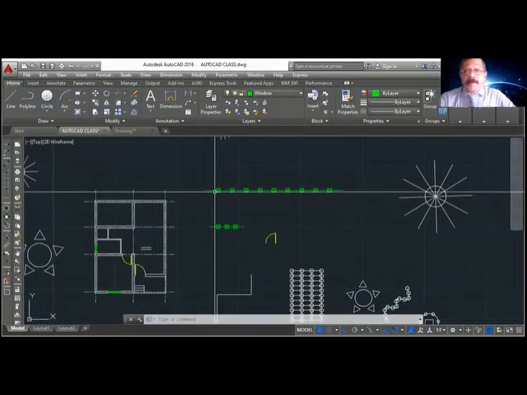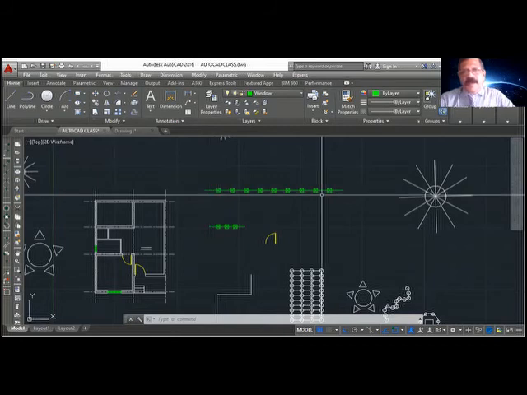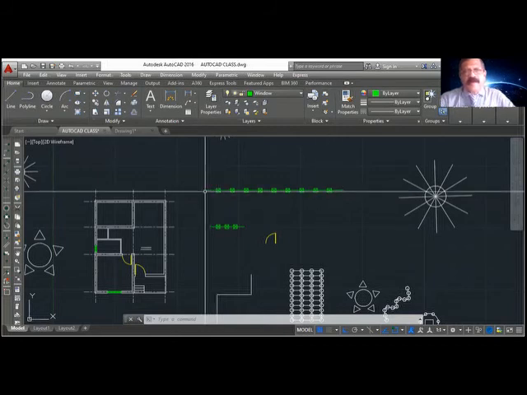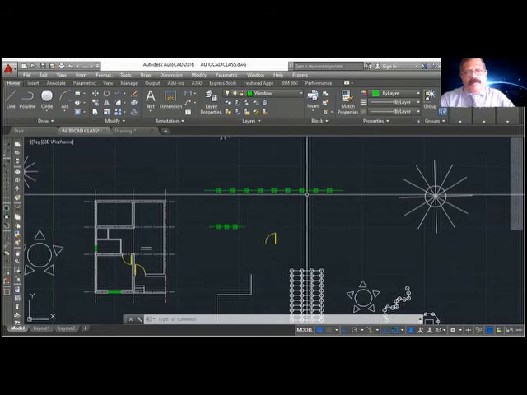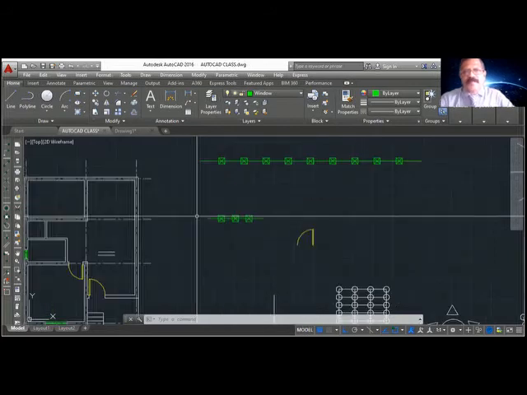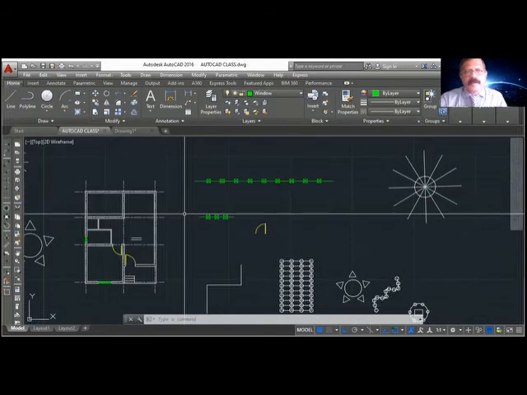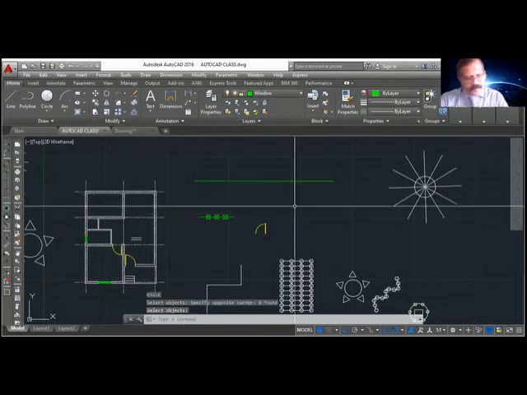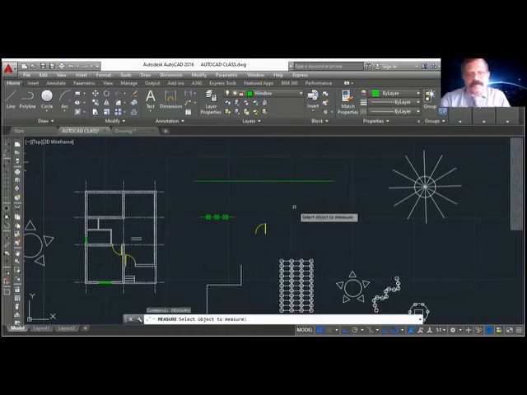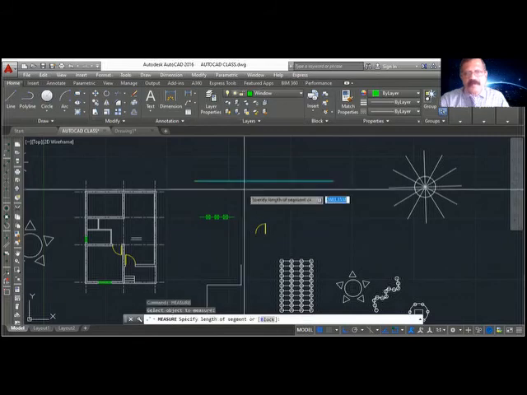Now instead of the number of equal parts, I want to put the block every 1 meter. So I will use the measure command. Measure. Select the object to measure.